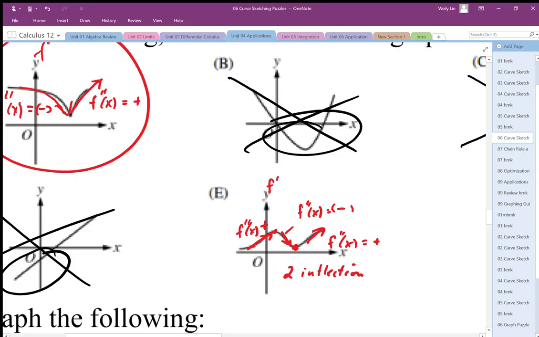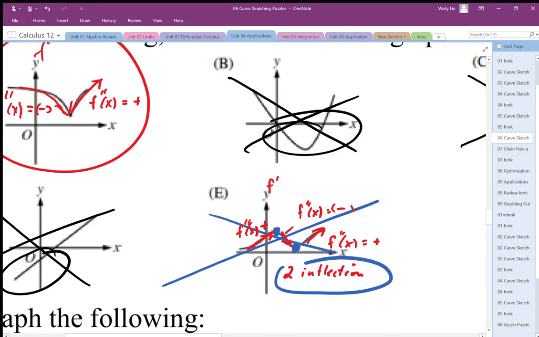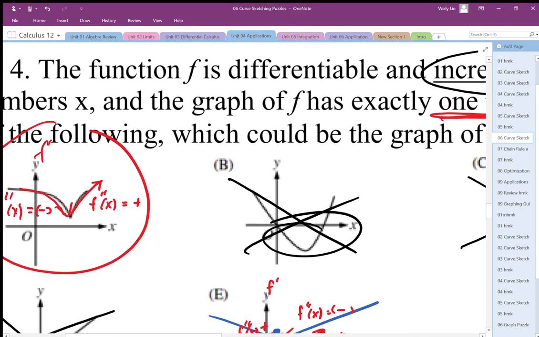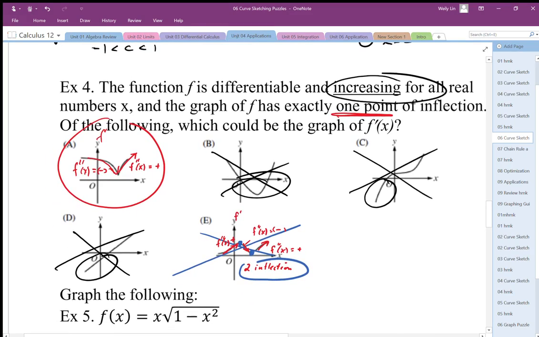I'll just highlight that. Those inflection points happen where there's a turning point on the derivative. So there's two inflections, so we can eliminate this one based on that. So based on the fact that it has one inflection point, we can say that answer must be